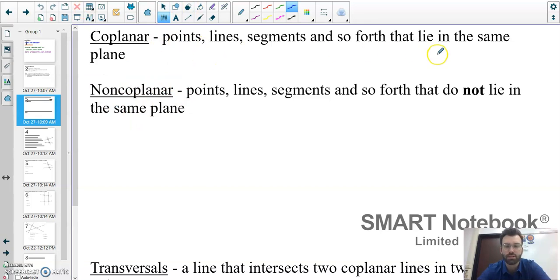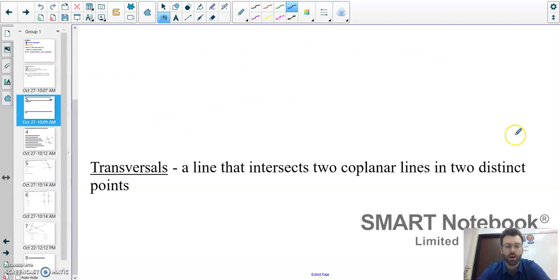Okay, we've talked about this as well. Coplanar points, lines, and so forth lie on the same plane. Non-coplanar is when things don't lie on the same plane. Transversals. So if we have two lines like this, if I have two lines,